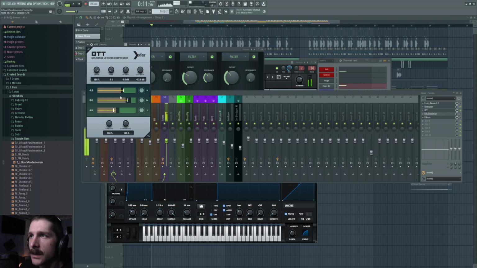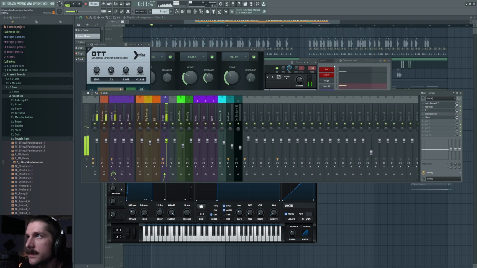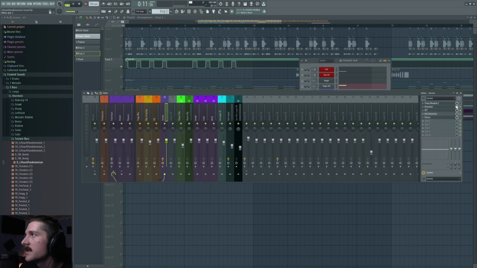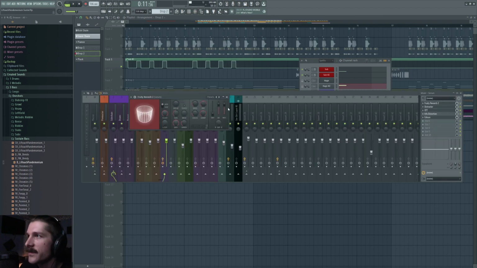So I have an OTT with the shortest time, highest depth. Kind of push these two to where you want them to sit. And then a distortion, because my original sound was called Big Dirty Air. So I'm assuming I distorted that. And so then the first thing that I would have set up on this when I made this sound was